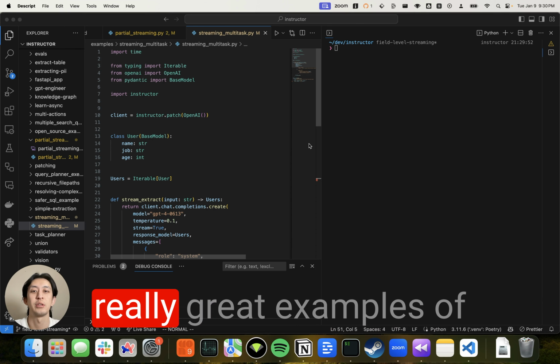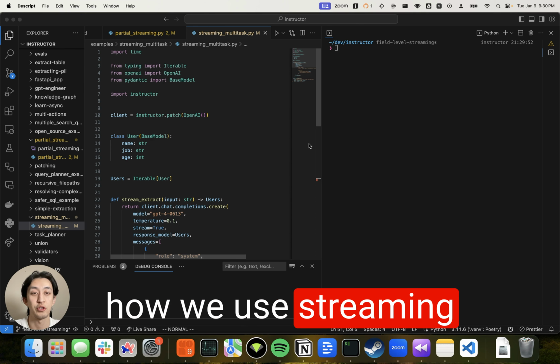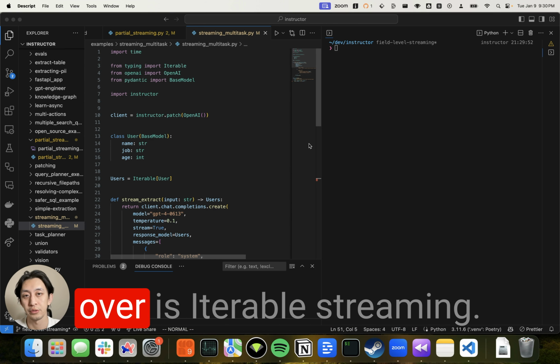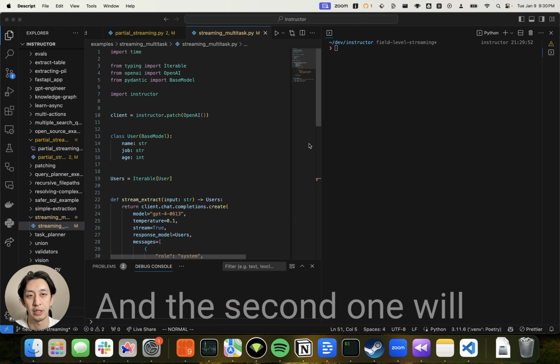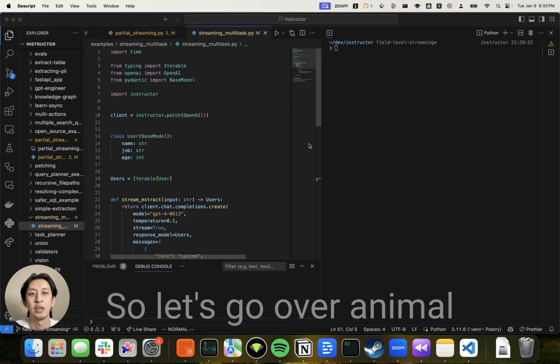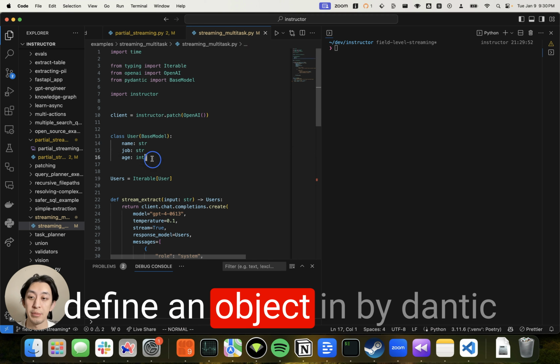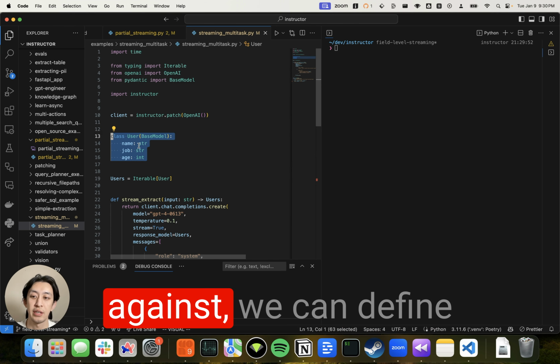Today I want to go over some really great examples of how we use streaming to improve how we do structured extraction. The first one I'm going to go over is iterable streaming, and the second one will be partial streaming. So let's go over iterable streaming first. The idea is that once we define an object in Pydantic that we want to stream against, we can define